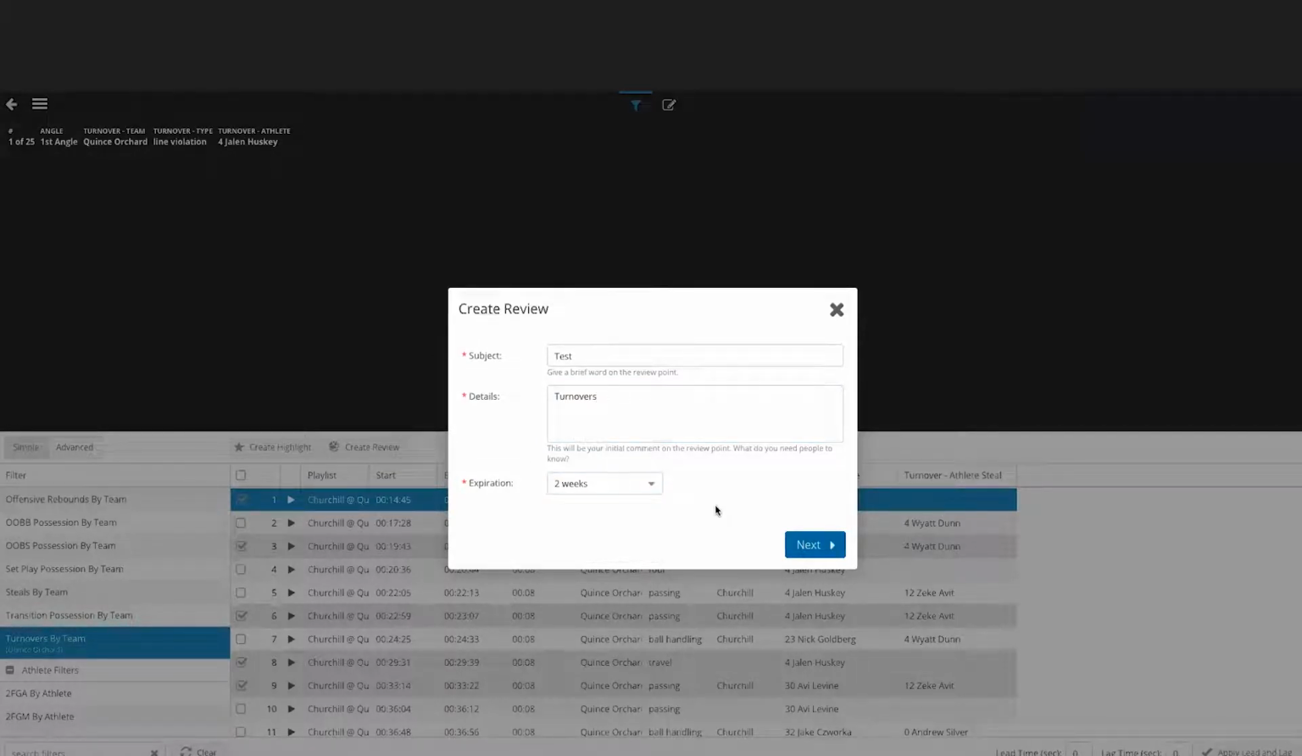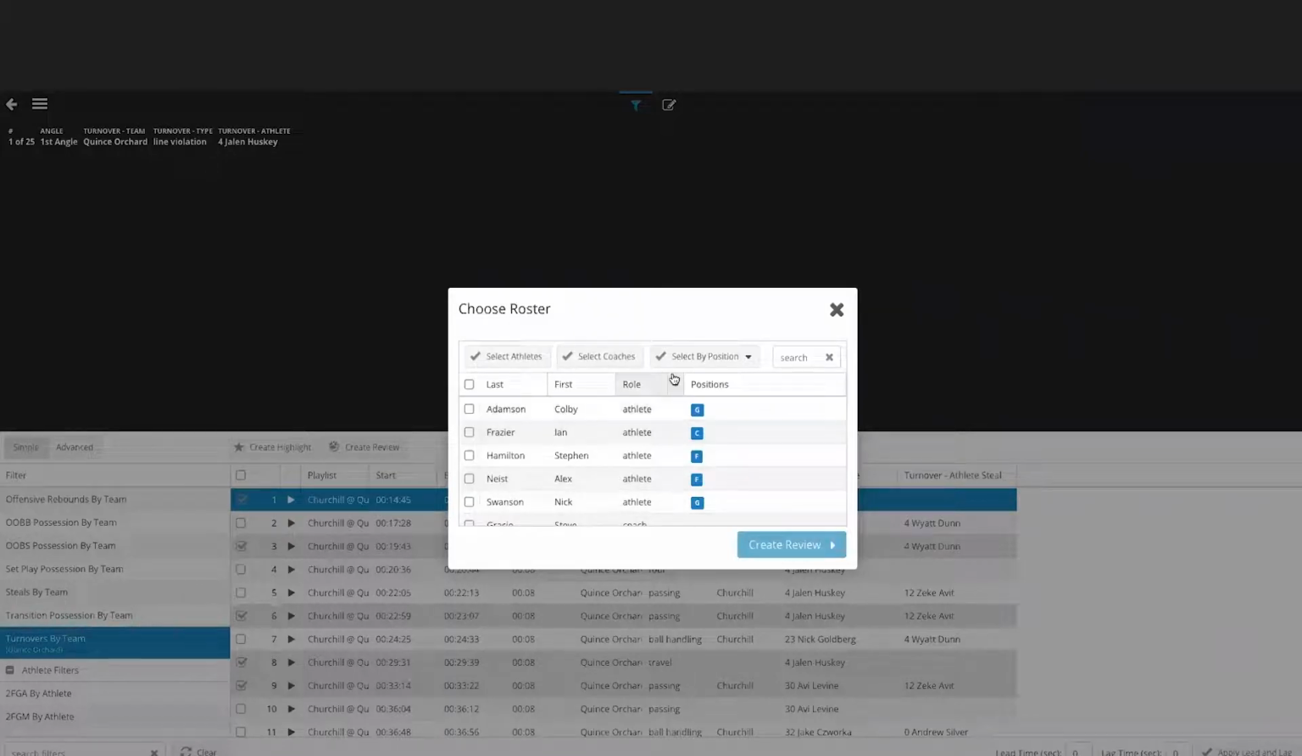One to three weeks is the expiration, because these are short-term assignments that we're going to have film review sessions with our players. They're not open-ended, season-long. They're meant to be assignments, and assignments have expirations. So we click next. Here's the difference between the highlight and the review, where before when we create a highlight,